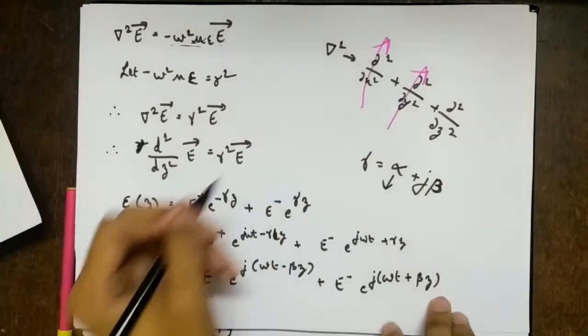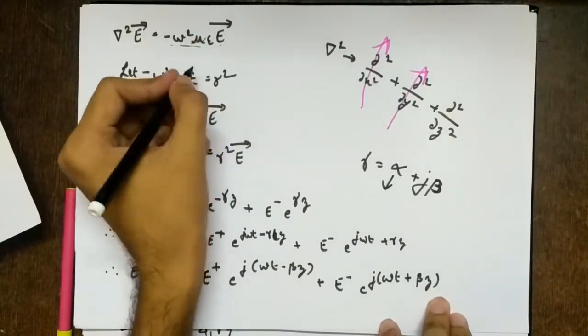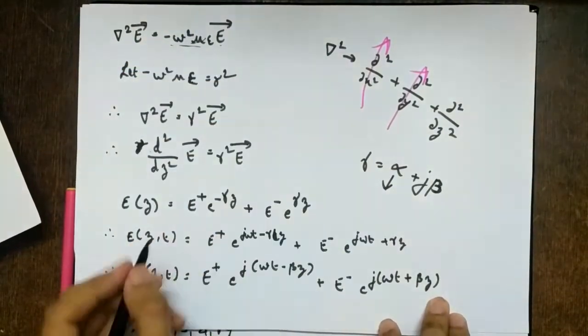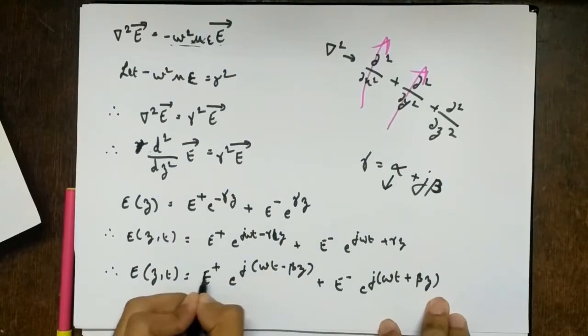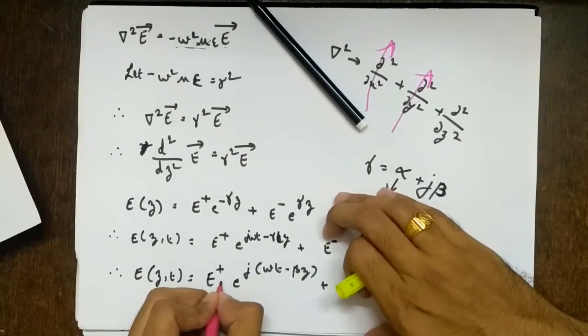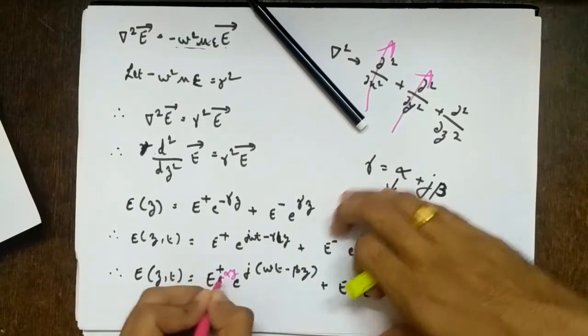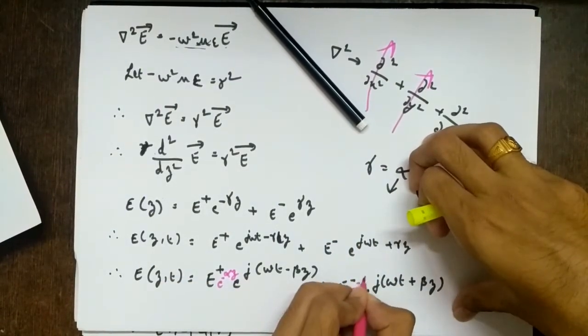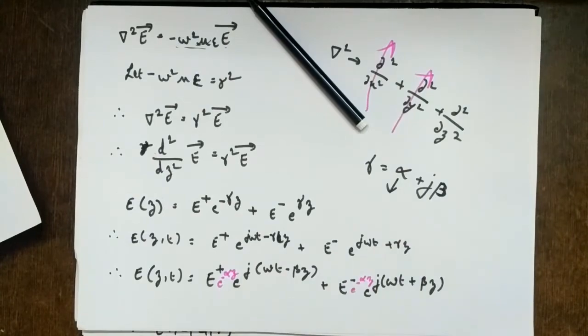So I said alpha is 0, but let's say alpha is not 0. I'll take a general case. So here alpha is 0, but I'll take a general case. So if alpha is not 0 and if you solve, what will you get? To avoid confusion, I'll use a different pen. So it gets multiplied by e raised to minus alpha z because you cannot take common. Okay. So this is what we get.